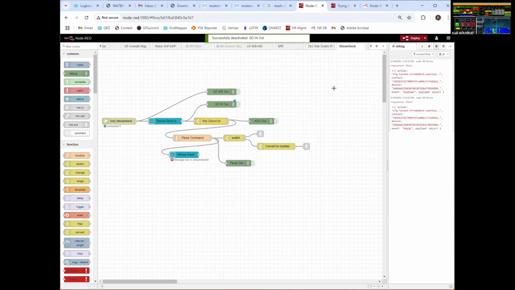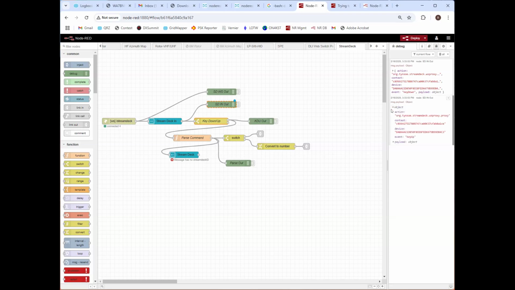I'll just try to finish and then let me work on the mic. Let me explain what I think Alan's trying to do. Basically, the Stream Deck communicates with the WebSocket. For Node-RED to be able to act on anything, there needs to be payload data, which is what Node-RED is based on. So what I just did is I temporarily enabled the debug node on the Stream Deck in, and